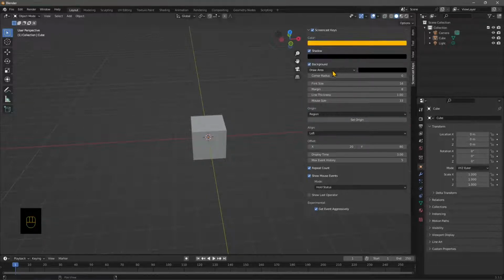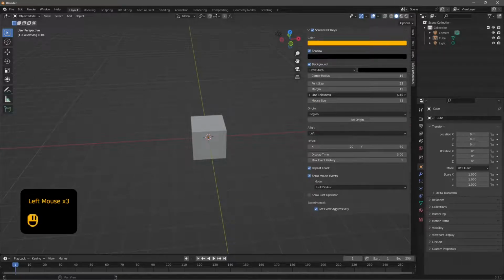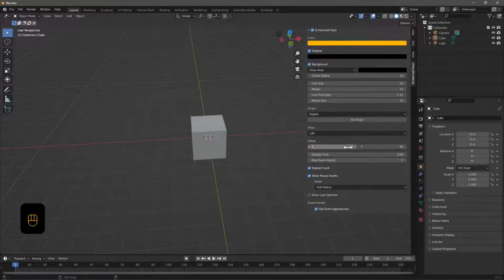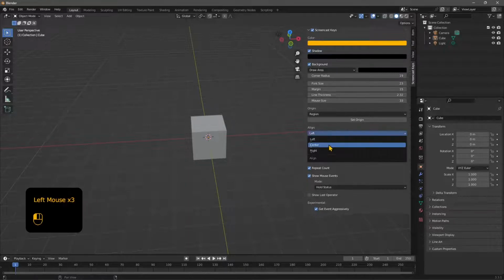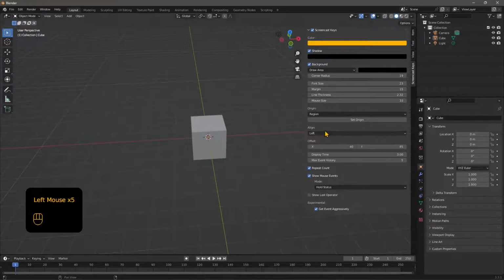It's detecting everything and is displaying that on that little black panel. Now we can change the corner radius, we can make bigger text, we can increase the width of the lines of the mouse and other stuff. Now you can see you don't find all the stuff that we saw in the add-ons parameters, but we have the most important parameters, like also the position. You can position on the right, on the left. You can adjust the offset,